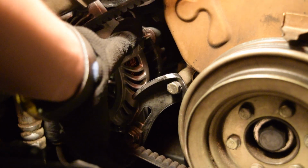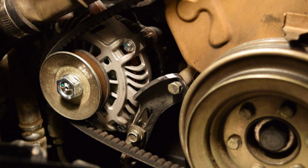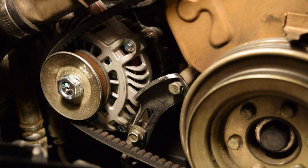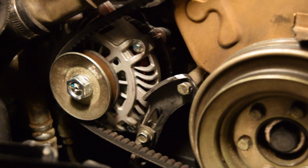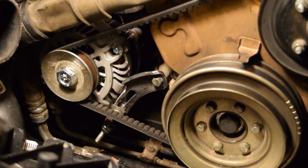So we're going to go ahead and pull it downwards. The bolt is no longer in the way of the belt right there. And we should have plenty of swing on that to get it tight right where it needs to be. So I'm going to go ahead and tension this up, and we're going to see how it did. Alright guys, I went ahead and got it all tensioned up, and it's holding a pretty good tension where